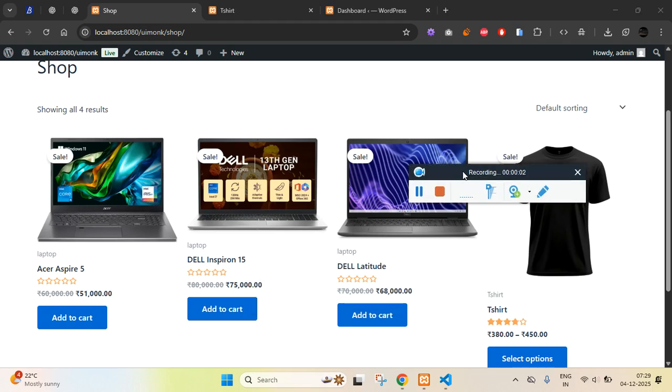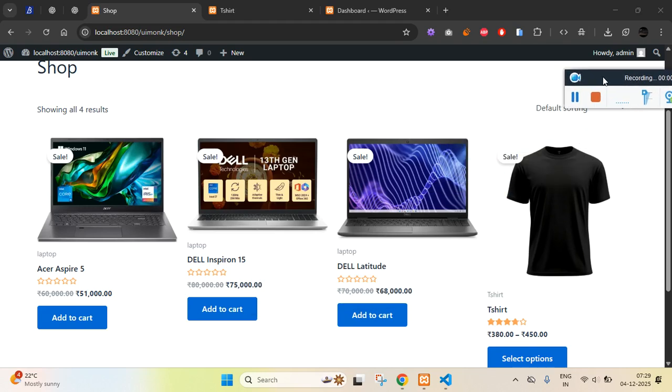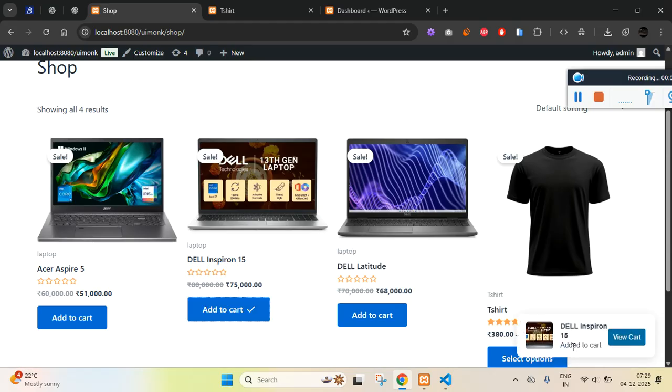Alright, in this video I'm going to show you how to show a tooltip. That means when a product is added to the cart, you'll find a tooltip saying that this particular product is added to the cart. So you see Dell Inspiron added to the cart, and if you click on it, you'll get into the cart